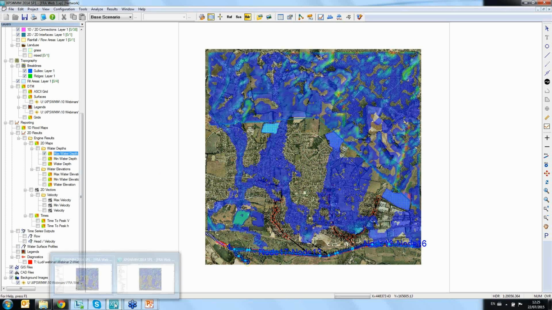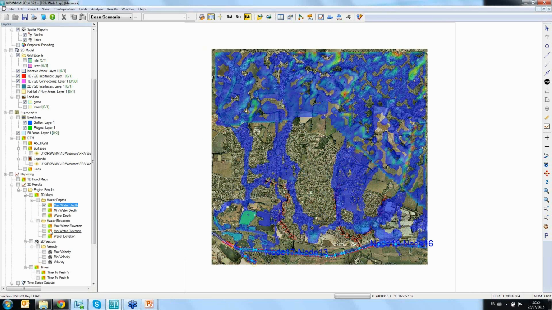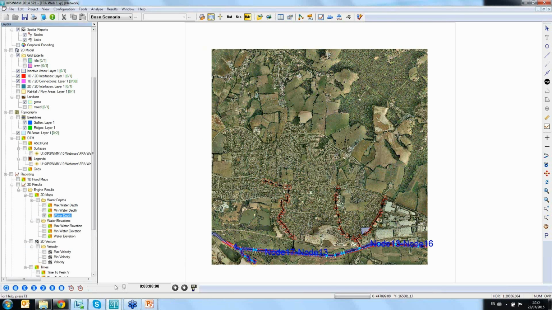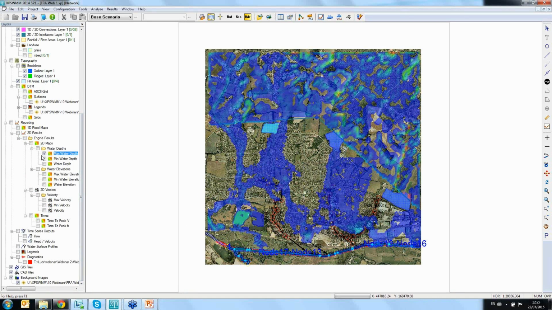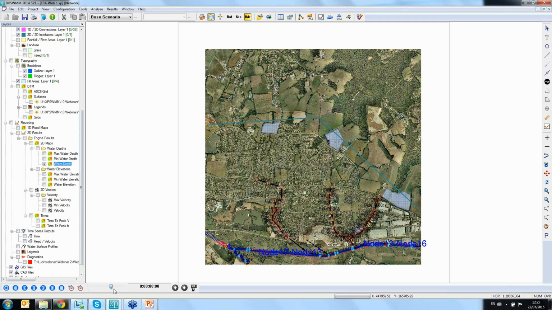But the main difference is if we go to the previous model and if we click water depth and go to the end of the simulation, which is 1.5 days, the water is still standing because there is no system to remove the water. But if I go to this new model, which I set up, and I go to maximum water depth, and I go to the end of the simulation, we have a slightly different picture. There is water which is retained in my detention areas, and there is only some minor flooding left along the town. So if I play it from the beginning,